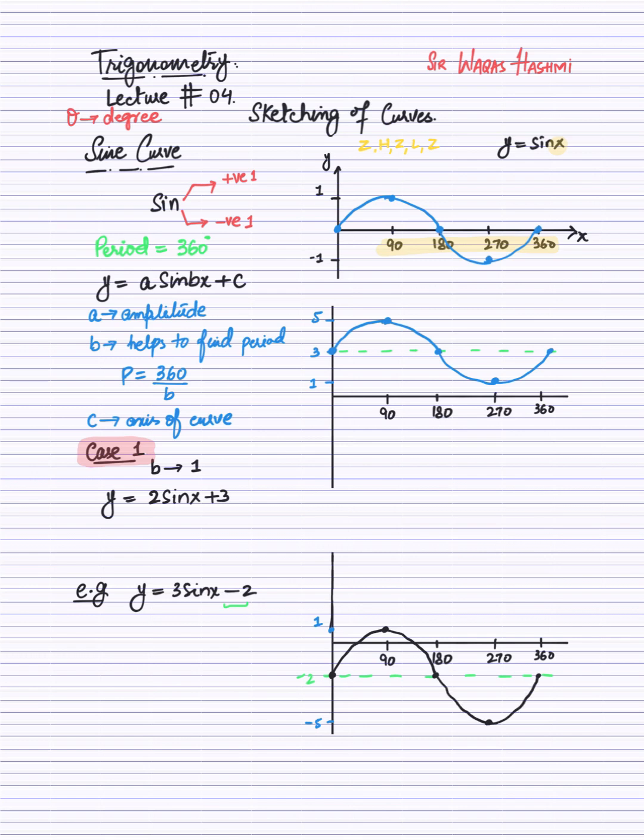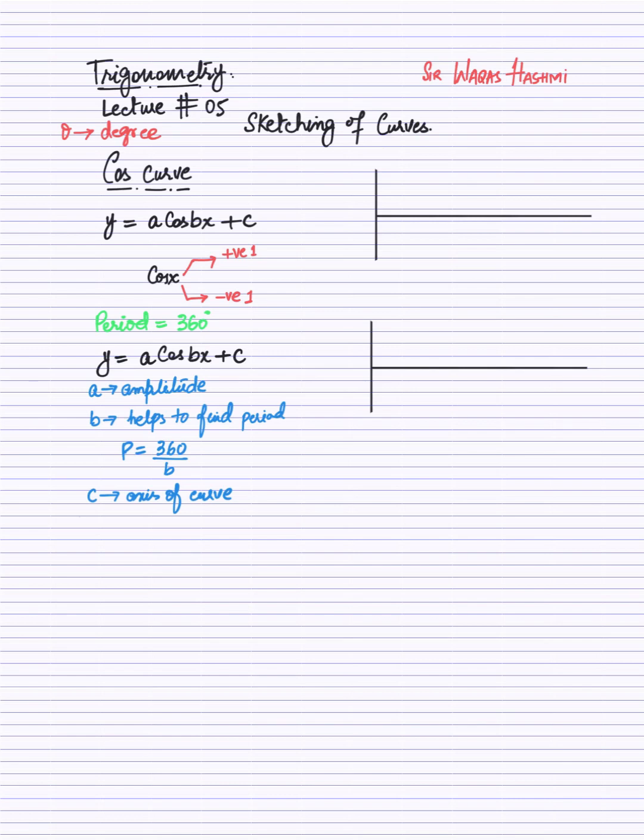ऑल राइट, इन दिस सेशन वी आर गोइंग टू कवर अबाउट कॉस कर्व, हाउ टू स्केच कॉस कर्व। लाइक साइन कर्व्स, कॉस की इक्वेशन हमारे पास क्या है, a cos bx + c, जैसे साइन में पढ़ा था हमने, ठीक है। कॉस की भी मैक्सिमम वैल्यू 1 होती है, कॉस की भी मिनिमम वैल्यू -1 होती है। तो ये +1 को और -1 को क्रॉस नहीं कर सकता जब तक आप डिग्री मोड पे काम कर रहे हो।